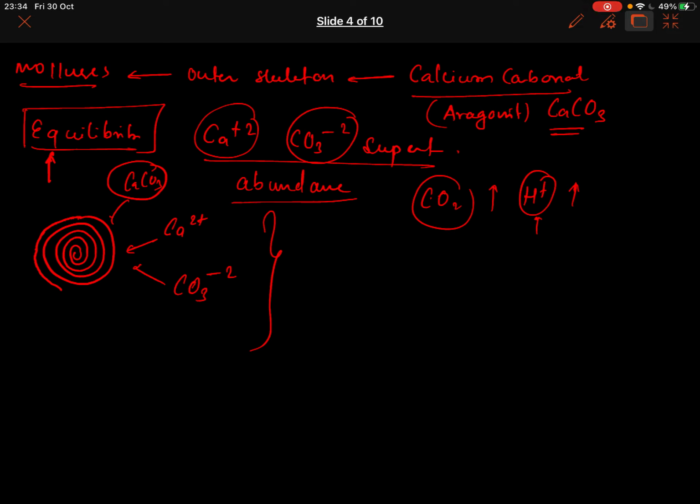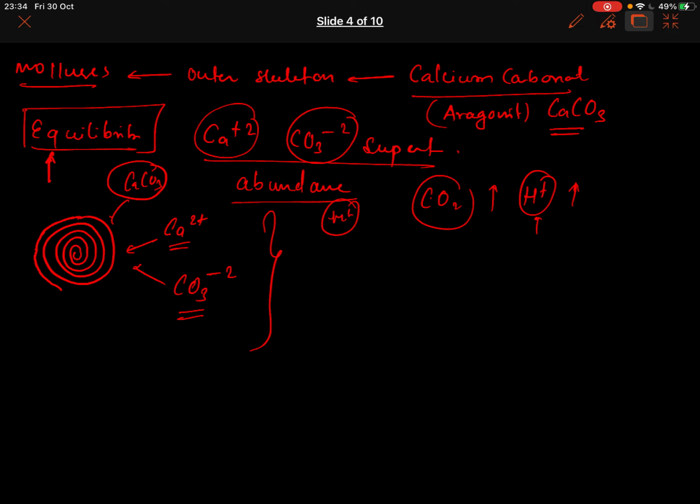So in earlier case of equilibrium, there were enough H plus ions which had combined with whatever available other ions are there, and there were enough calcium ions also and carbonate ions as well, right? So everything was in the state of equilibrium. Now when suddenly H plus ion increases,